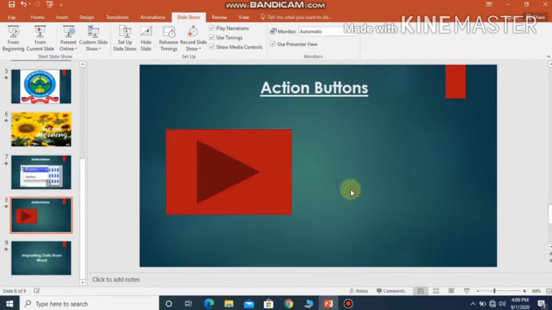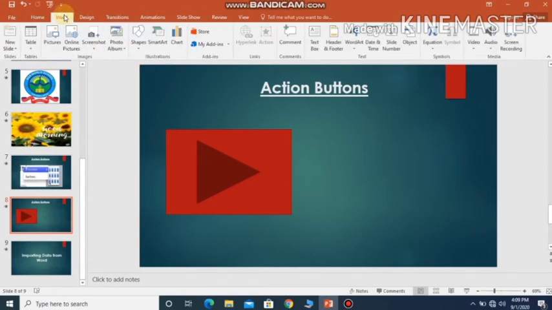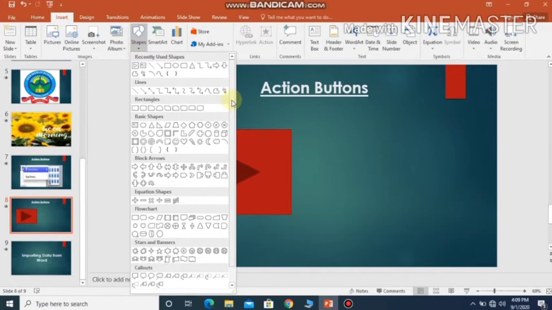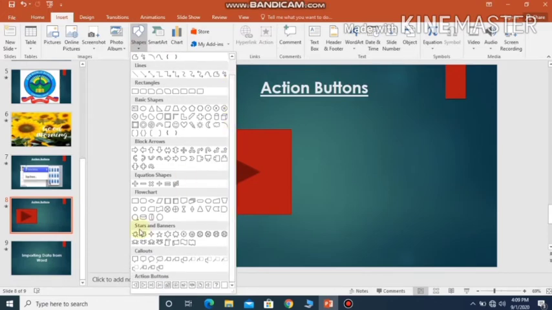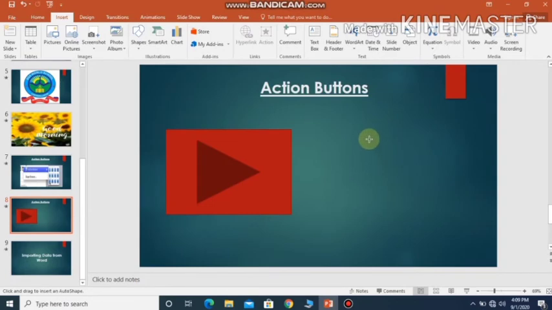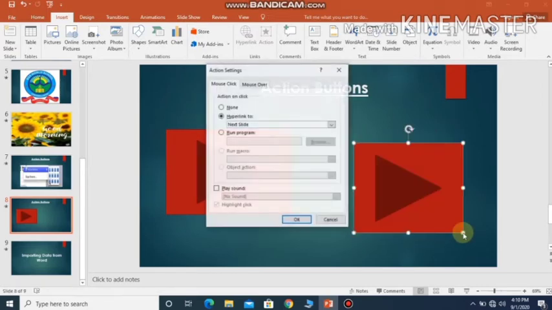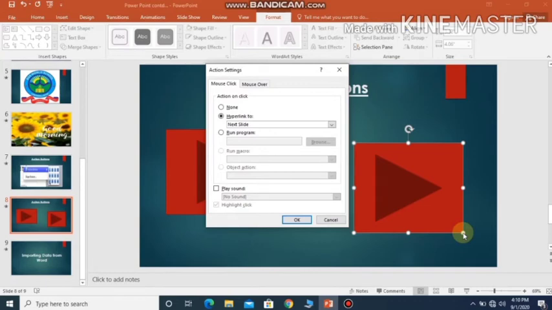Let me show you how to create a link for another file. So again, you have to do the same thing. You have to go to the insert tab. And then in the illustrations group, you have to click on the shapes button. At the bottom, you'll have the action button. Click on the action button. And when your cursor changes to a plus mark, you just drag and drop like this. So if you just leave the cursor, you'll get a window like this.